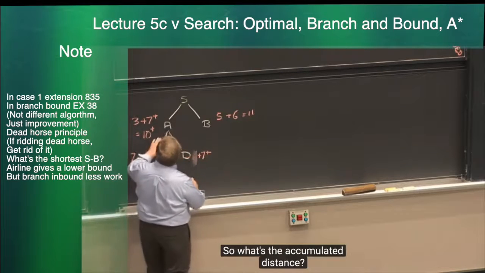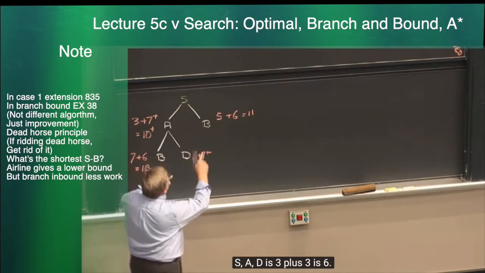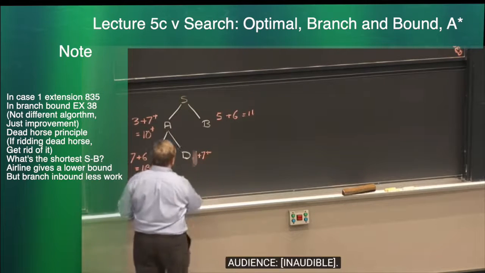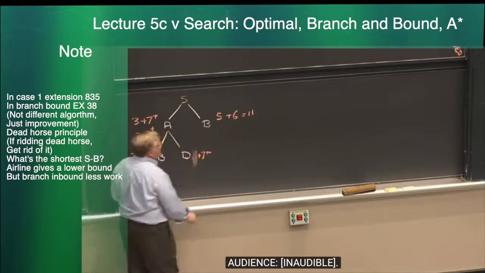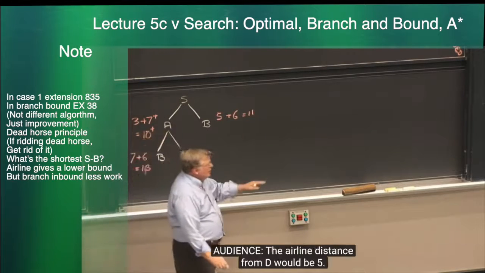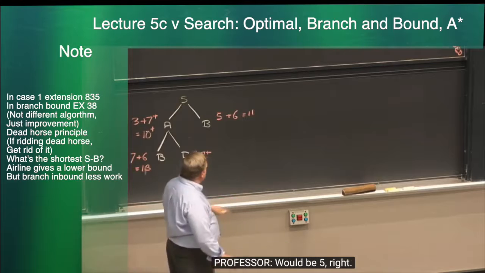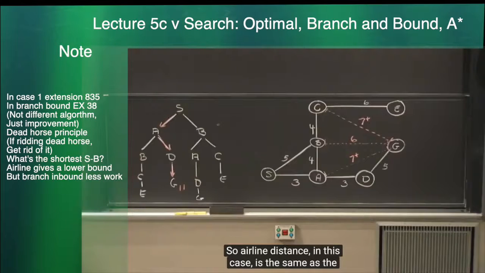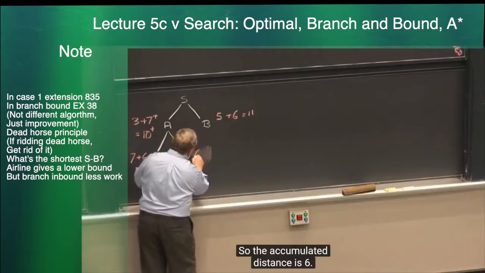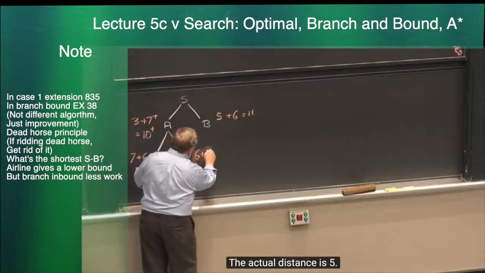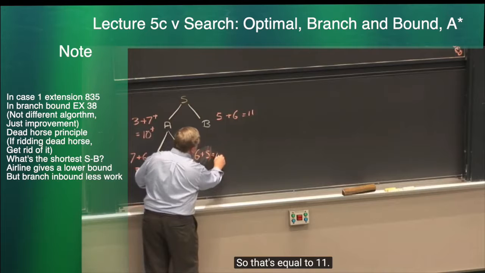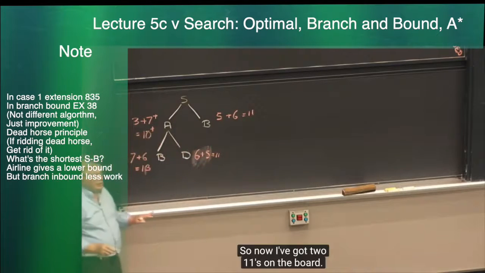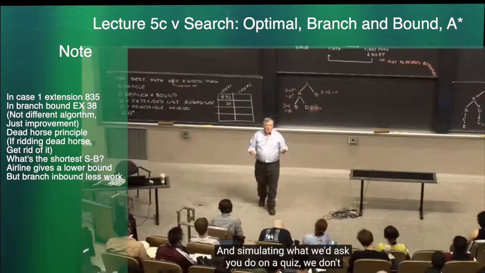What's the accumulated distance? It's 3 plus 3 is 6, right? The airline distance would be 5, so the airline distance in this case is the same as the actual distance. So the accumulated distance is 6, the actual distance is 5, so that's equal to 11. All right? So now I've got two 11s on the board, and simulating what we would ask you to do